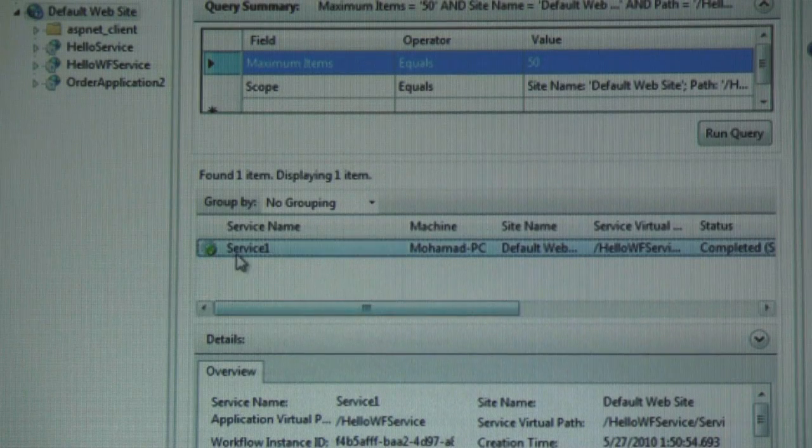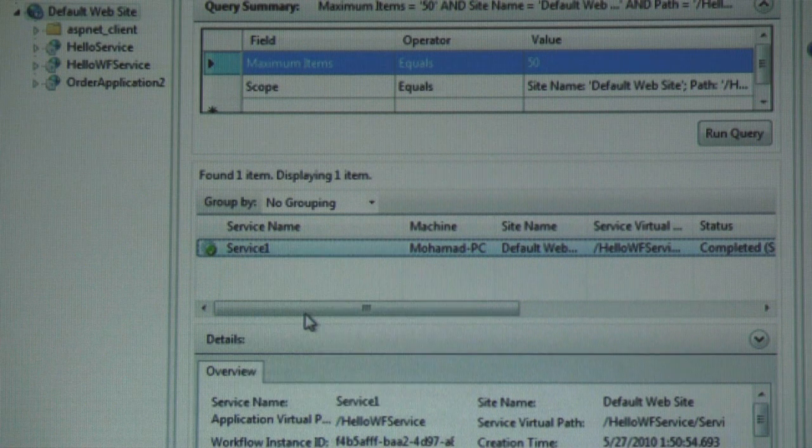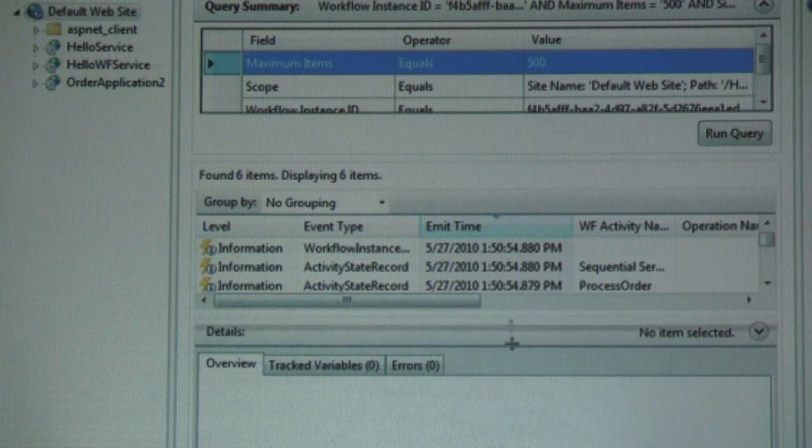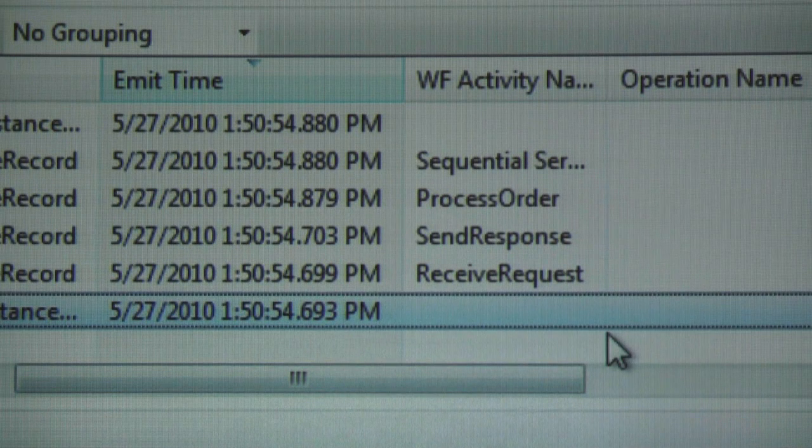Okay? It gets much more fun. If I right-click, view tracked events. What this gives me is something really amazing, if you think about it. I'm getting the complete flow of my service. So my service was initialized. I received the